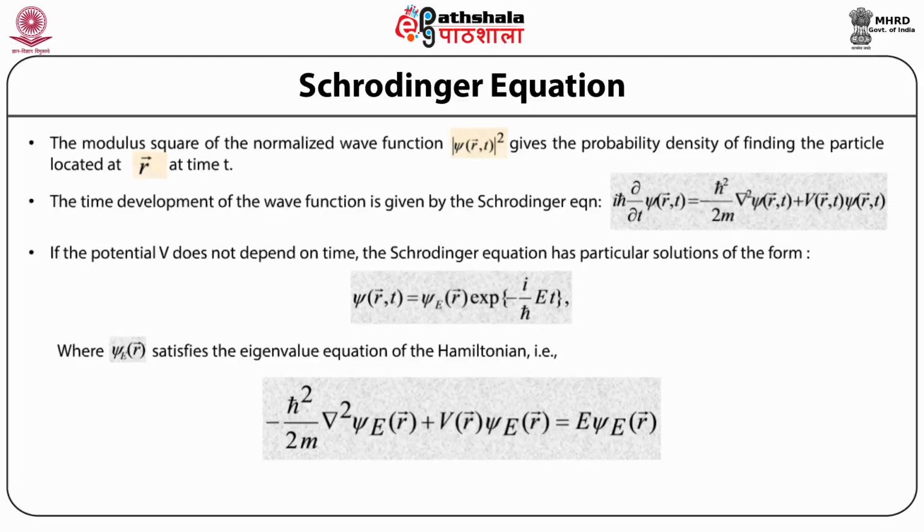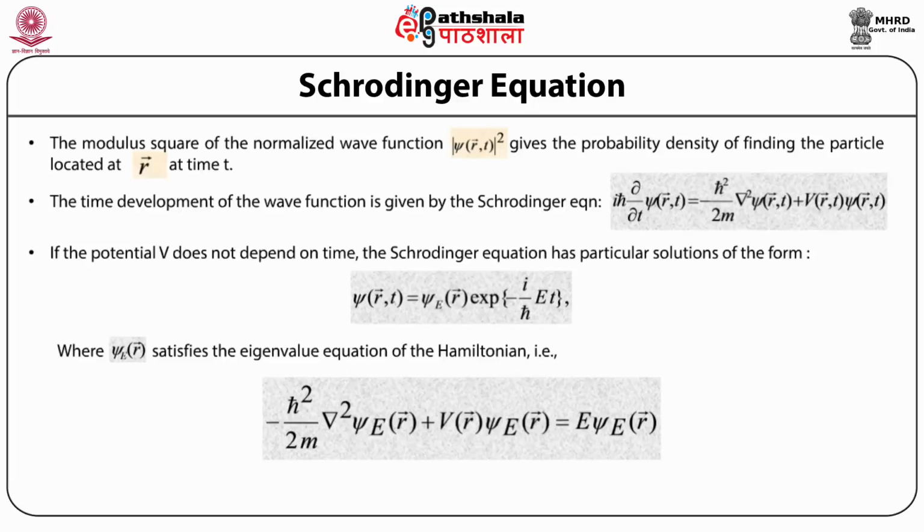So this equation represents the Schrodinger equation in the time development form and is popularly called the time-dependent Schrodinger equation. Now, if the potential energy term does not depend on time, that is, the function V as a function of position vector r and time t is independent of time and does not change with time, then the Schrodinger equation has a particular solution of the form: the wave function psi as a function of position vector r and time t is equal to the wave function psi E as a function of position vector r times exponential to the power minus i by h cross times E t,